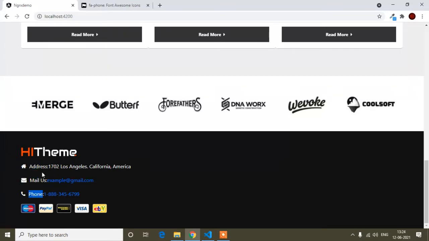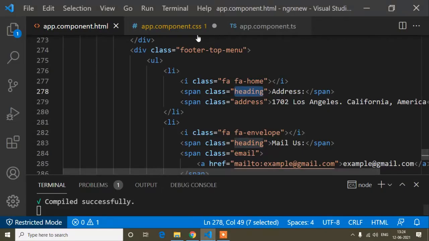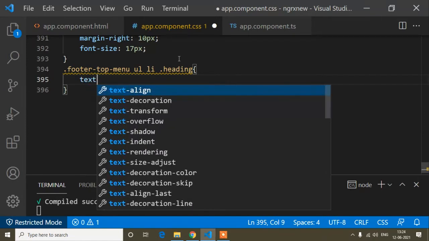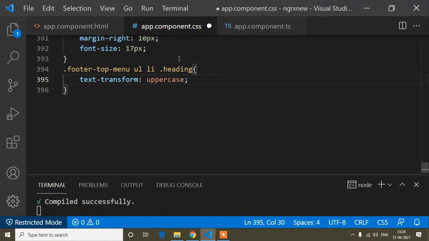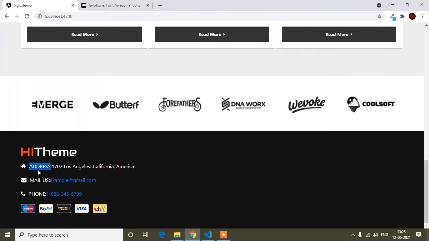So here I will add the different design. So now first of all, here you can see the first letter is capital, and after that is a small letter, that's called capitalized. But here I will do it, all the letters will be capital, that's called uppercase. So now here I will write the first thing, that is text-transform. That means I will transform this text to uppercase. Now it's capitalized, but I wrote uppercase. So here you can see now all the headings are uppercase.